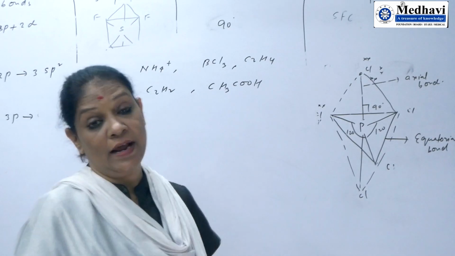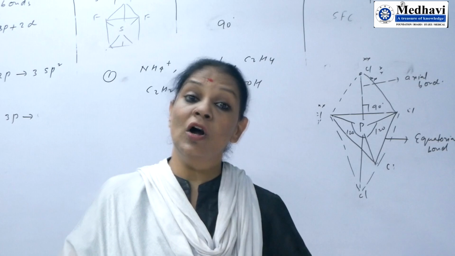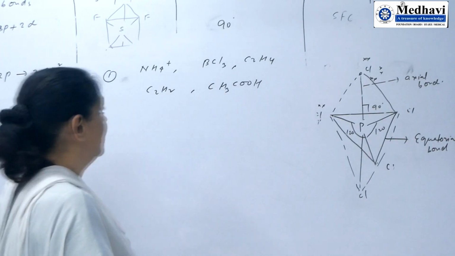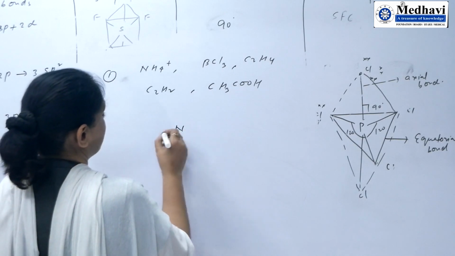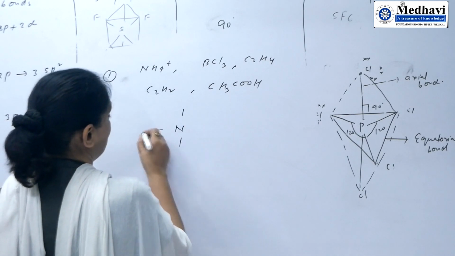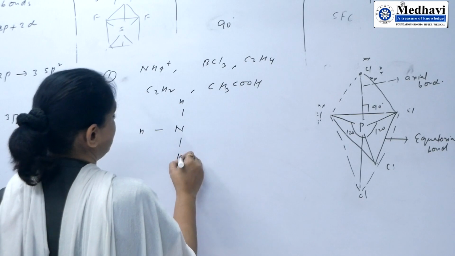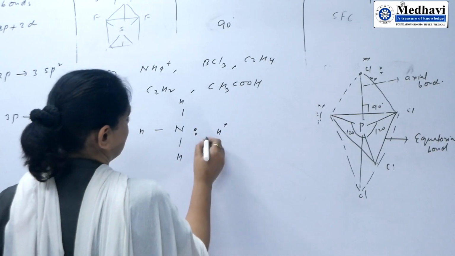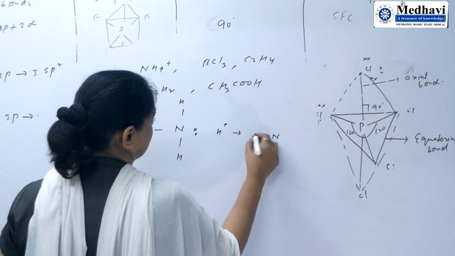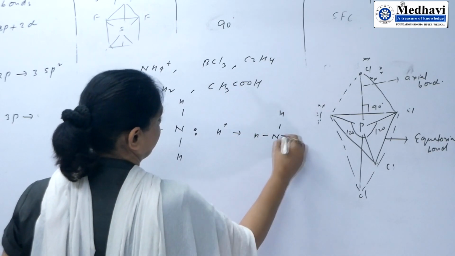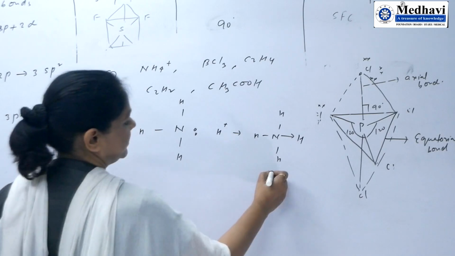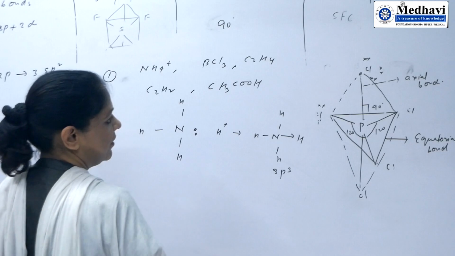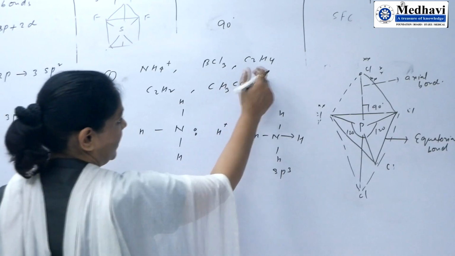And for the formation of hybridization, we should know the dot structure, Lewis dot formation of the given compound. So ammonium, I have already explained how the bond developed. You can see my previous video based on chemical bonding. There is a coordinate bond formation. So you have 4 bonds, so its hybridization is sp3. BCl3 is a structural compound, I have already explained. One example,